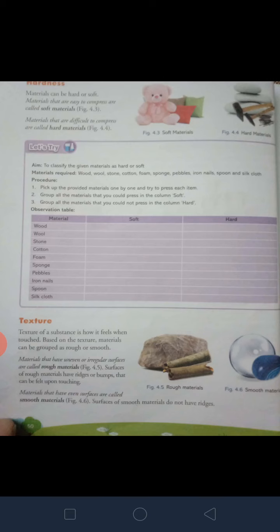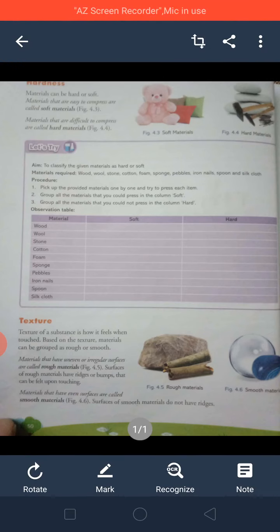Yes, very good. Collect all the things, keep all the things on the table that can be pressed. Now again move all around your house, into the kitchen, and pick up the things one by one. Pick up, and now again press the things. Now you have to collect the things that are difficult to compress, that can't be pressed. Now pick up those things, bring them near the table, keep them on one side of the table.